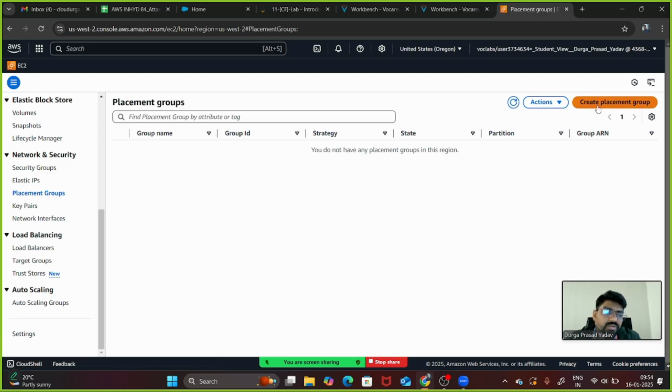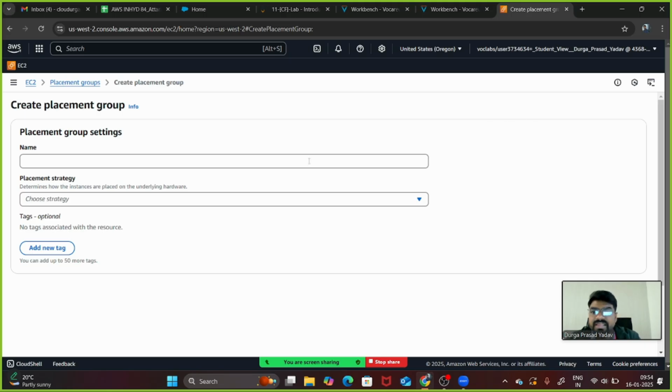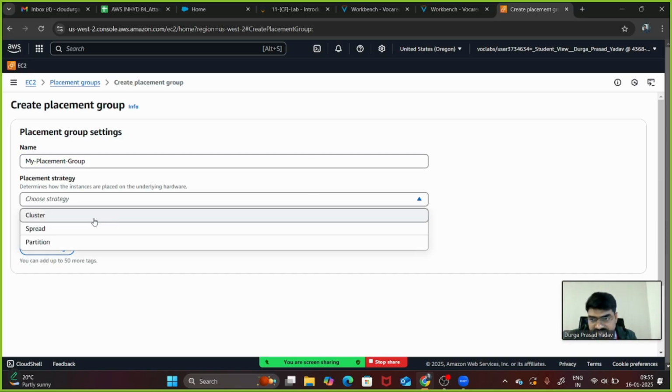If I click on placement group, here it is telling us to create the placement group. If I give the name of the placement group, let's say my placement group, and I want the instances to communicate with each other very fast, it means I need to select the cluster strategy here.